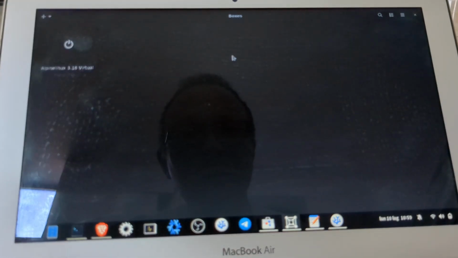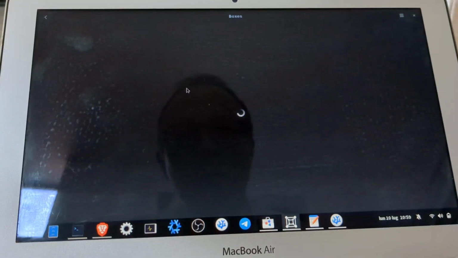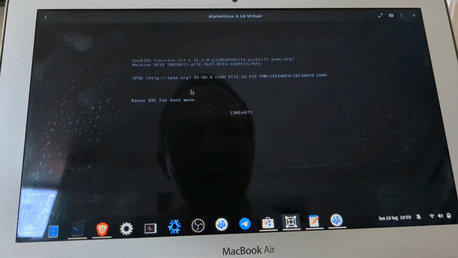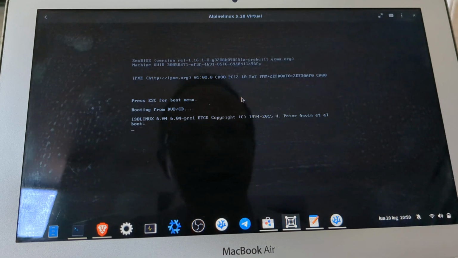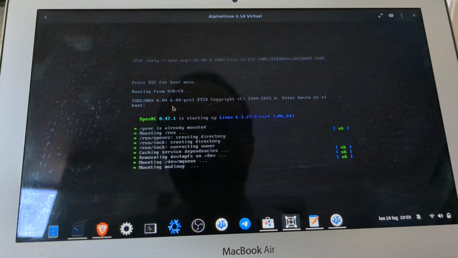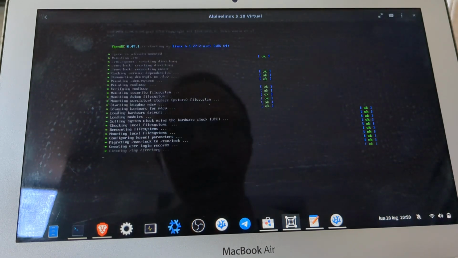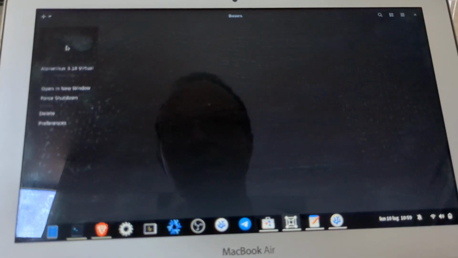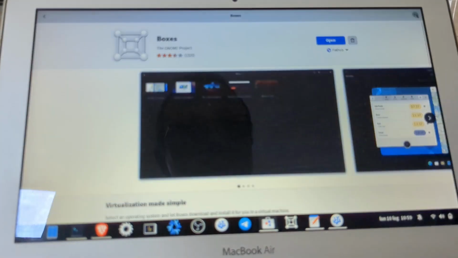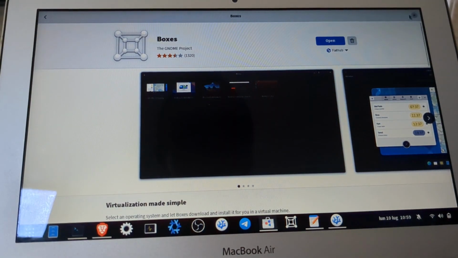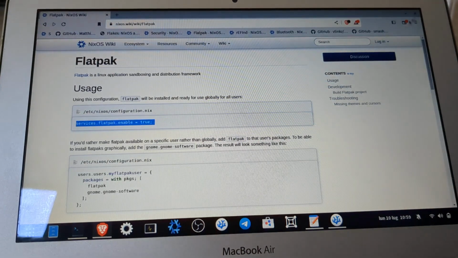As you can see, if you run the software from here, it works. So there are some weird bugs in NixOS, but I'm surprised because it is an independent Linux distribution, and it supports a lot of software.